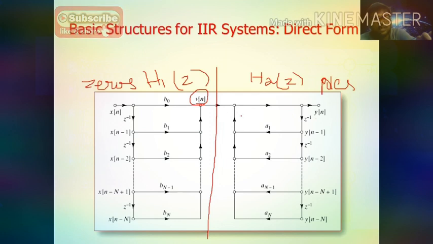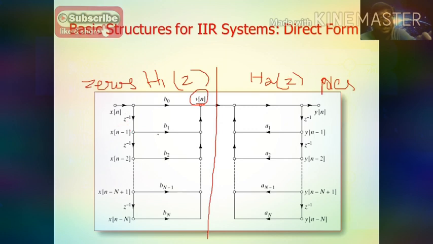X of n is not coming here. Instead of x of n, only the v of n term will be coming here in the expression. So v of n is now given as input to the second system transfer function. Look at the delay elements: from the left-hand side, all the delay elements come along with x of n. So I put them here on the left-hand side. The block should be multiplied here in this area.